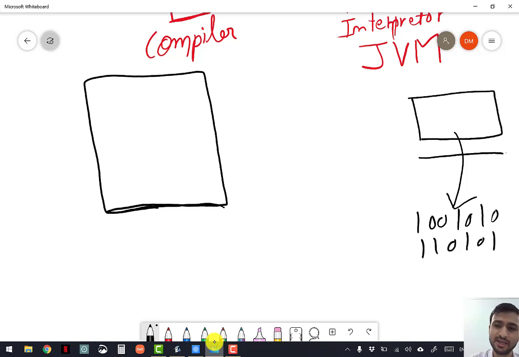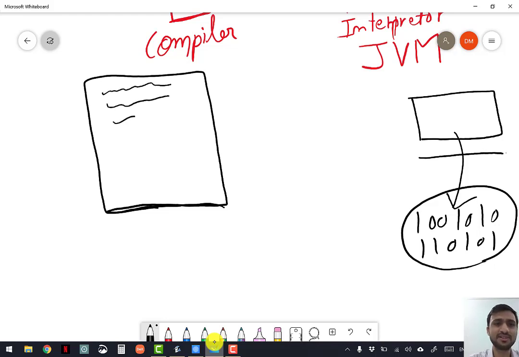It is an electronic device, and electronic devices understand this binary language. The Java program is written kind of in English, right? So the machine doesn't understand it directly. So what do you have to do? You have to convert it to machine language.